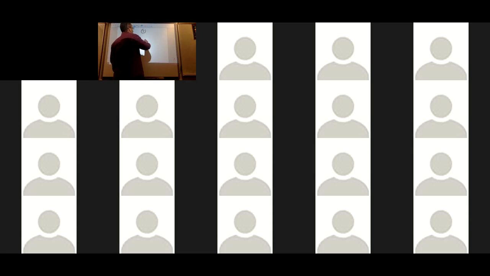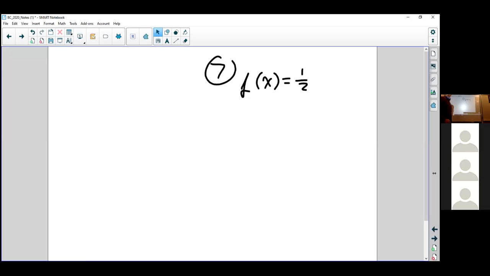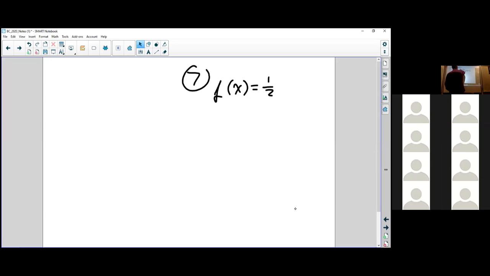So it says f of x equals 1/2. Oh, wait. This isn't showing up. Sorry. There we go. That should look a little better. 1/2 x root x minus 2. And then outside we have plus 2. All right, so